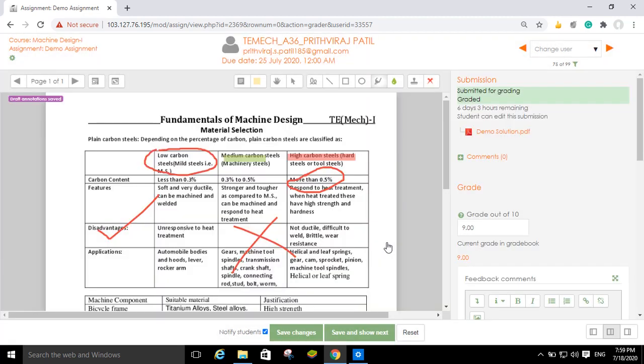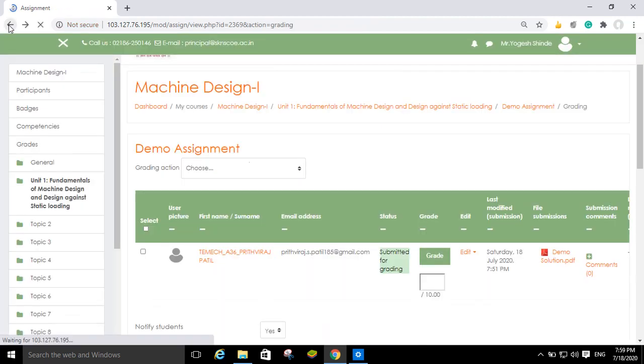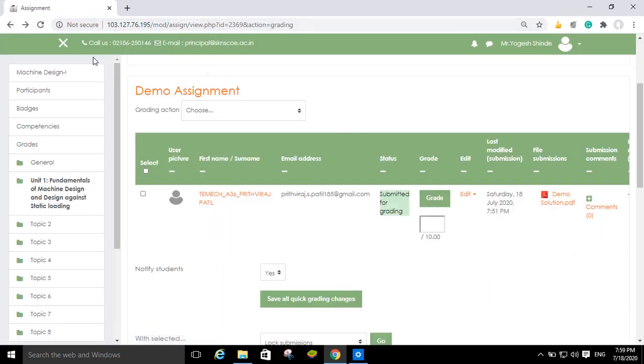Again click on this OK button and click on this back option. Now here you can see in the grade column this is blank. So you can refresh once in order to see the grade that you have given. So you can see here grade out of 10, you can see here 9 grades,